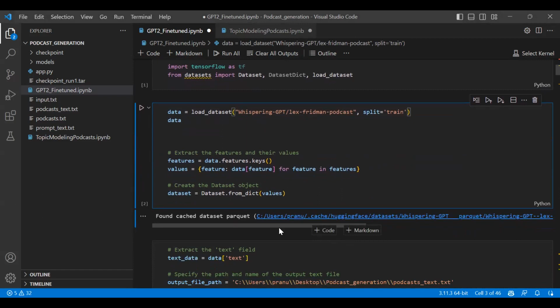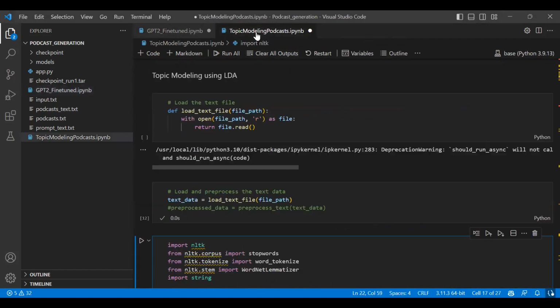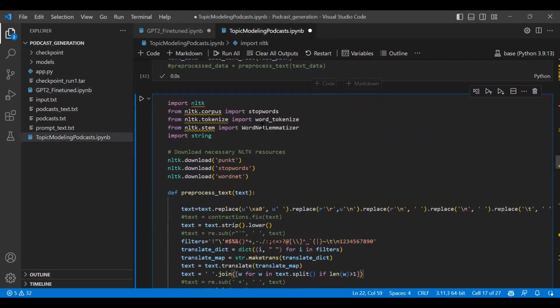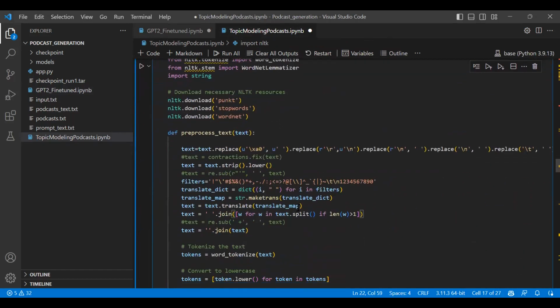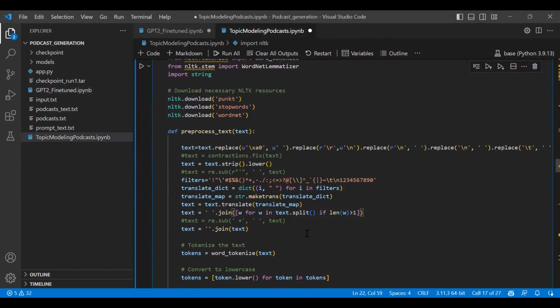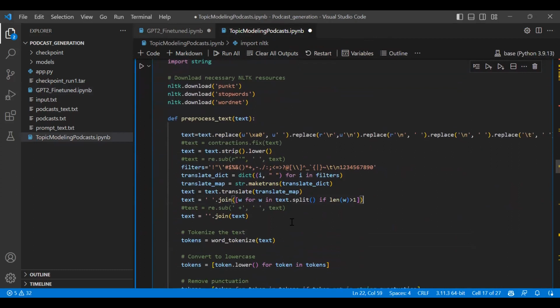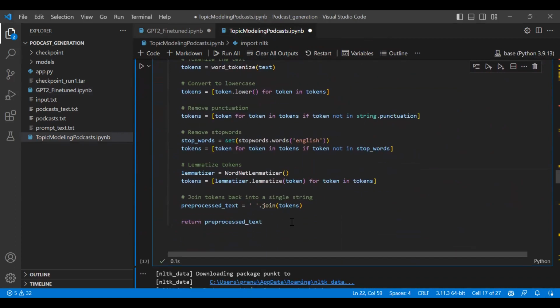Okay, so we have cleaned this data, and then we've tried doing topic modeling on this podcast data using the LDA technique. We've done this to obtain the main themes and topics of the podcasts that we've chosen. So to perform LDA, we've cleaned the data, removed all the unwanted symbols and numbers from the text, and then